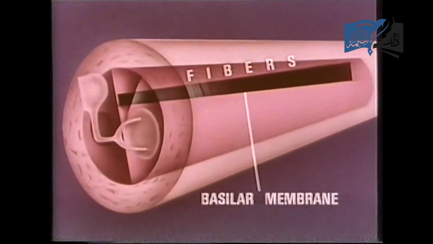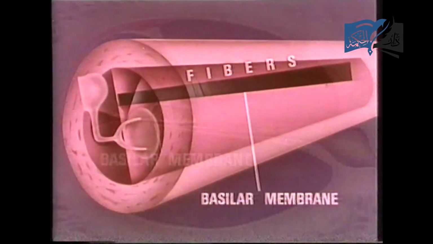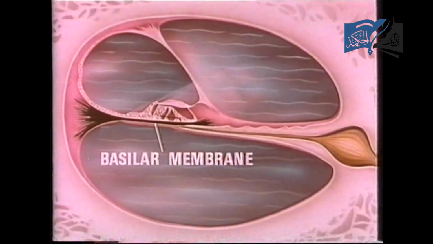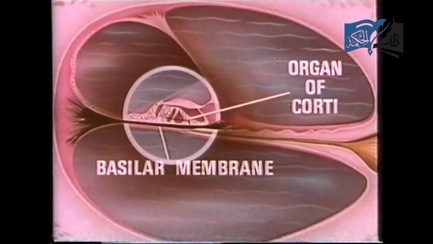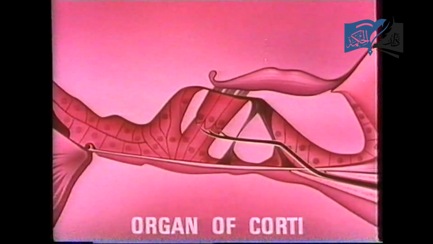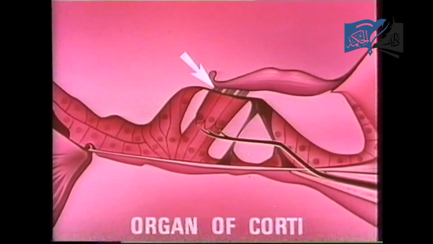Up to this point, the stimulus of sound is a physical one. Changing the physical stimulus involves a structure embedded within the basilar membrane, the organ of Corti. This organ, found at thousands of points along the basilar membrane, is actually a specialized grouping of nerve cells with tiny hair-like projections. The organ of Corti, seen in this specially stained tissue section, is the actual receptor of sound, converting the movements of the fibers of the basilar membrane into nerve impulses.